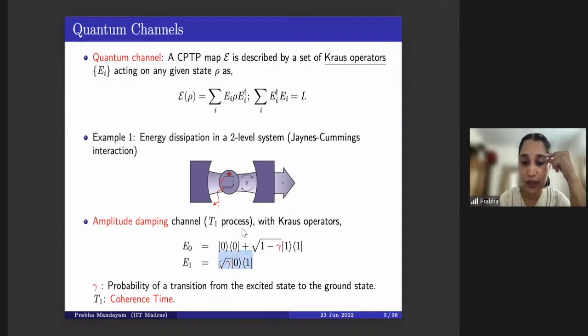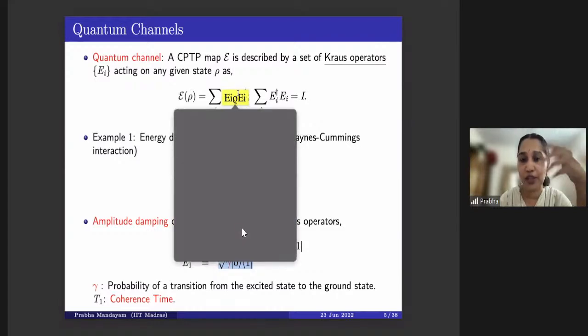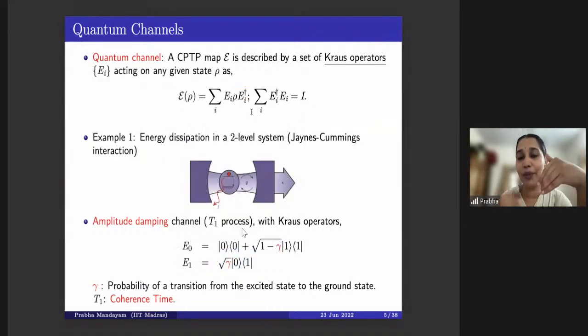This is actually capturing the decay from the excited state to the ground state. And there is again a probability associated with that. And this probability is what we call gamma. There is a square root because you notice that in this operator sum representation, everything is acting by conjugation, right? We are describing the action on a density matrix. So everything is happening by conjugation. So that's why there's a square root here. And once it acts by conjugation, the factor gamma comes out, right? So this gamma is basically the physical parameter which captures the probability with which the excited state will decay to